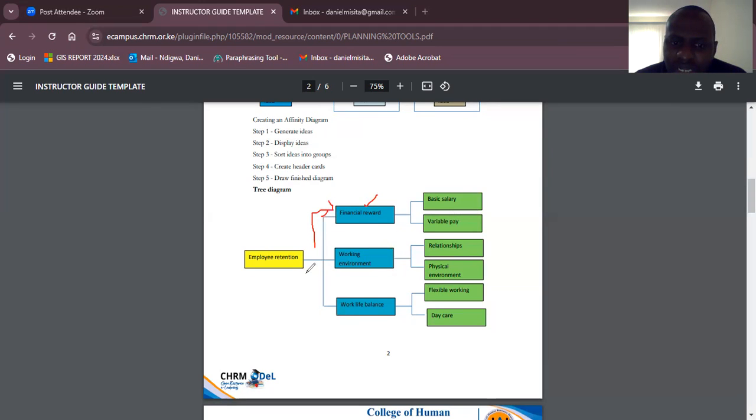Then the other one is improving the working standards. How then can they improve the working standards? Number one is to build relationships within the organization. And this relationship should be a win-win relationship for all employees and also the management. It becomes easy to be able to,